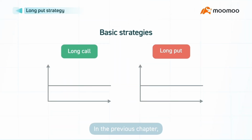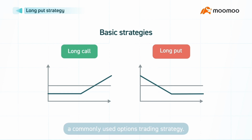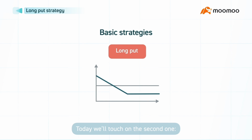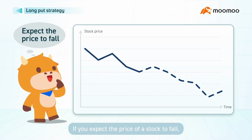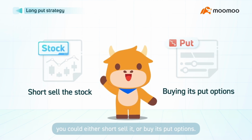In the previous chapter, we've talked about long call, a commonly used options trading strategy. Today we'll touch on the second one, long put. If you expect the price of a stock to fall, you could either short sell it or buy its put